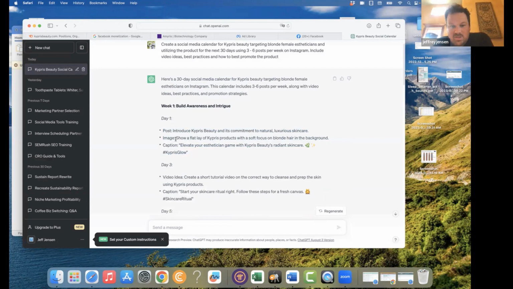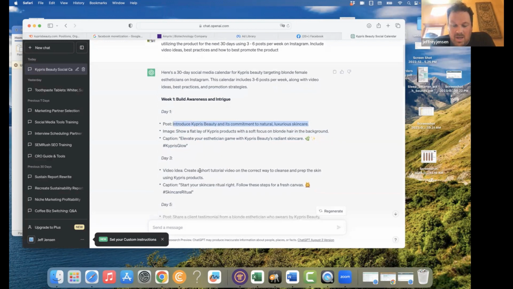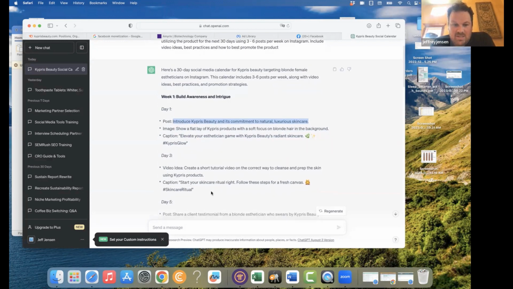She can post just a flat lay, right, around her product, with her own hair drop down next to it and be looking at the photo, right? And see that the hashtag is Kipper's Glow. Here's the caption. And this is the introduction, right? So I wouldn't overlay that much text into the post itself,